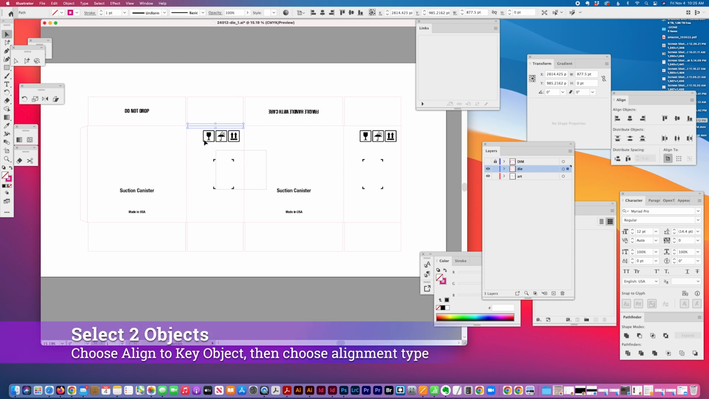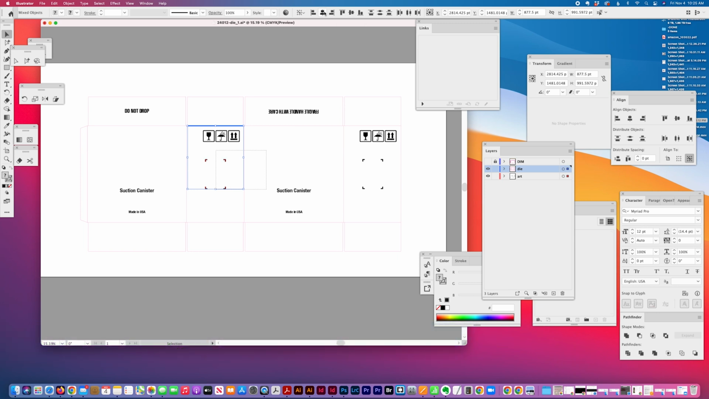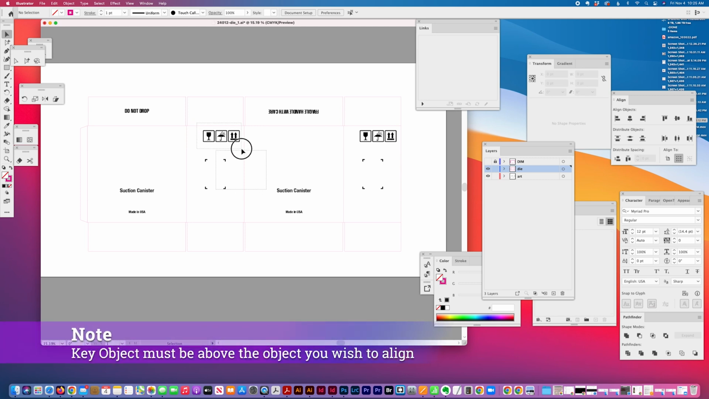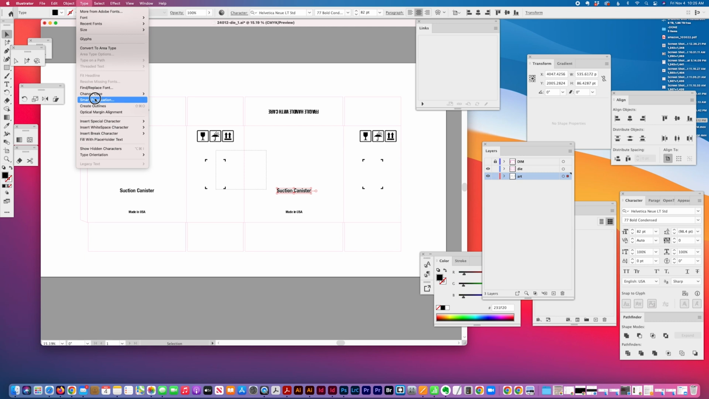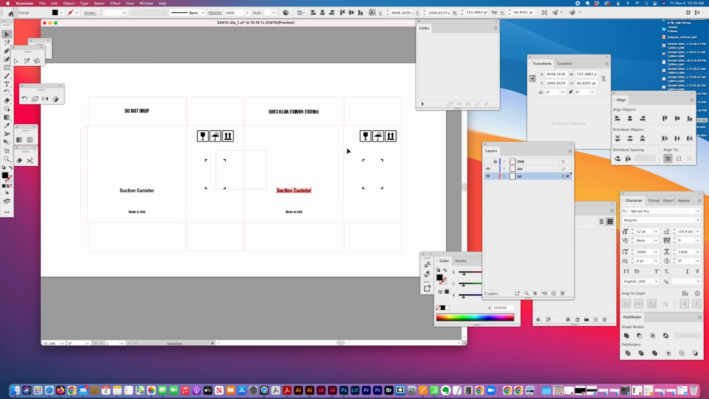And then I'm going to select the top horizontal line and my frame together, but I have to reselect this Align to Key Object and then horizontal align center. So that centers that. And then I'm going to center this as well. Align to Key Object, horizontally align center. And for type, it's best practice to outline it first, create outlines, just because